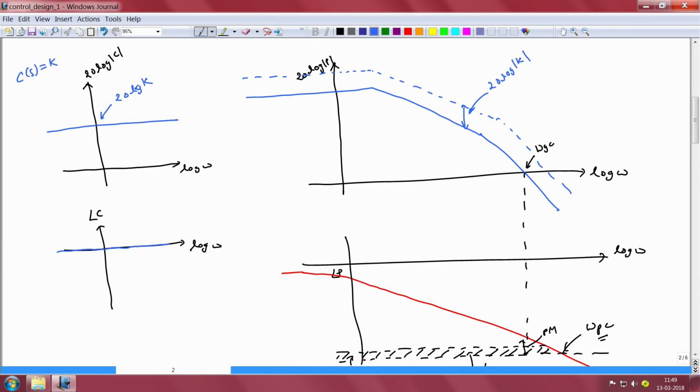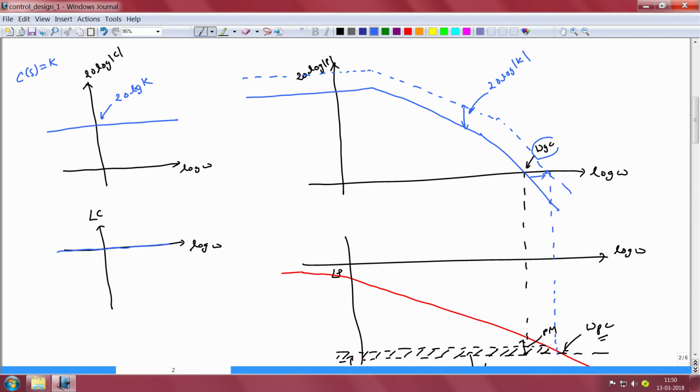Now, can we push up the gain characteristic indefinitely for the case of this general plant? Clearly it is not possible, because if you see what has happened, when we increase the gain, the gain crossover frequency omega gc has shifted to the right, and at the new location where the gain crosses over, we see that the phase margin is not as large as it was before, and in particular it has entered into this forbidden zone where we wanted a minimum phase margin of phi naught. So, there is only so much increase in gain that is possible without destabilizing the closed loop system.